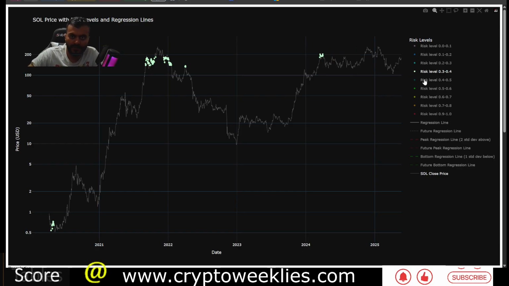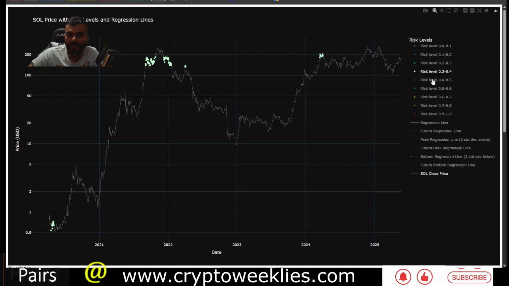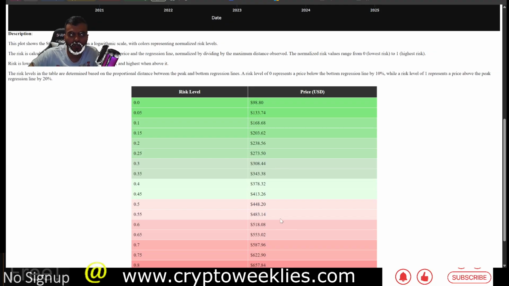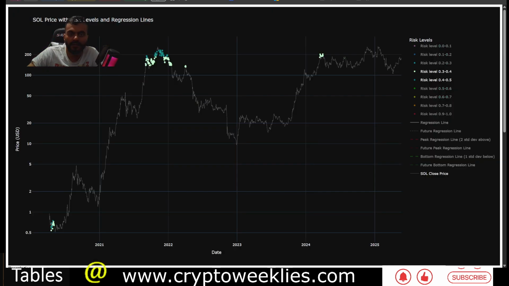Again, if the prices were to go to between 30 and 40% risk, price of Sol could be between $308 and about $375. That's the intermediate target for Sol. If you try to extend it to 50% risk for this model, the ceiling is at around $450, confluent with that 1 standard deviation machine learning forecast, the 1.618 over here on the Fibonacci level, and the 1 standard deviation